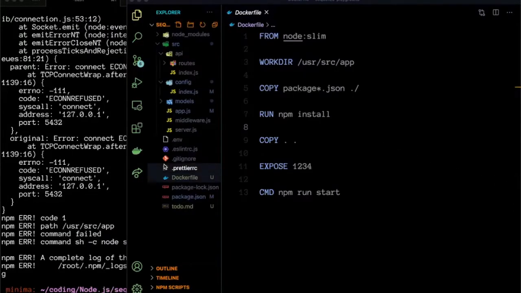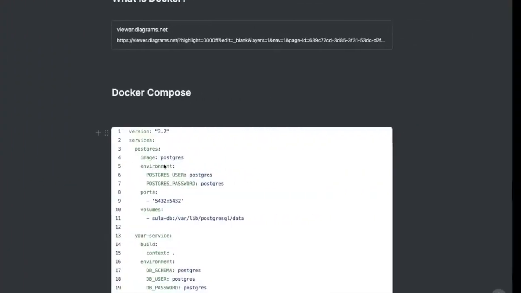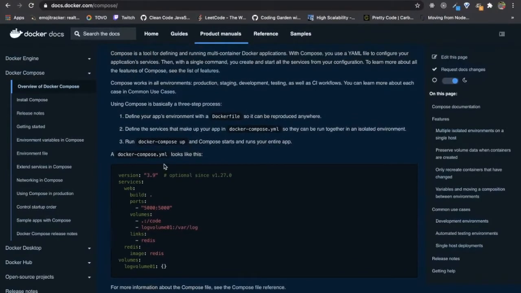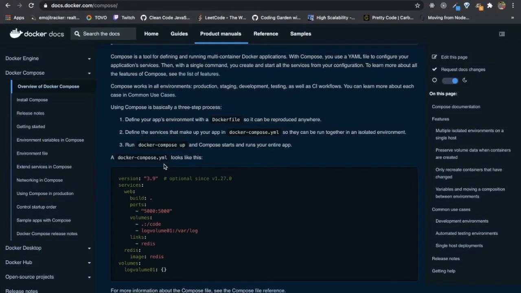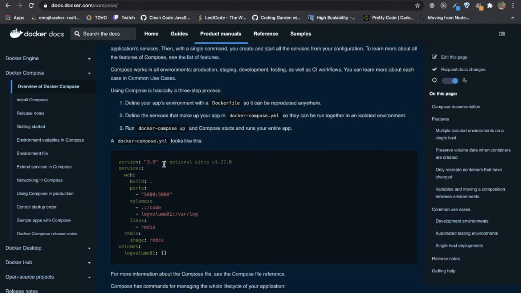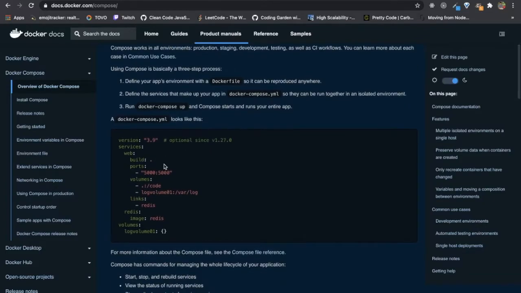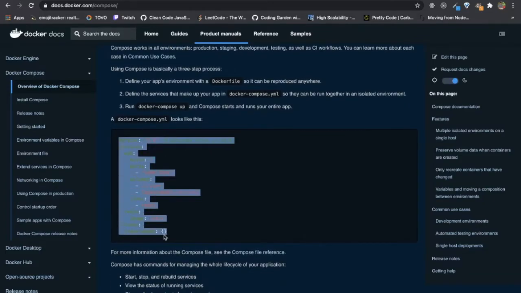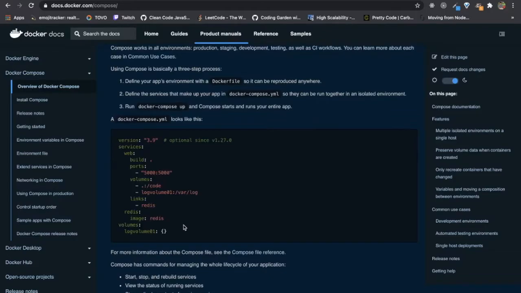So now we will be looking into how to set up our PostgreSQL database too. So for this we will be making use of a utility called Docker Compose. So Docker Compose makes it really easy to manage multiple containers, and we can list down all our services in a file called docker-compose.yaml. So this file looks like this, and Docker Compose will take care of each and every service. It will spin up each service so that our server can run. So let's see how to do that.